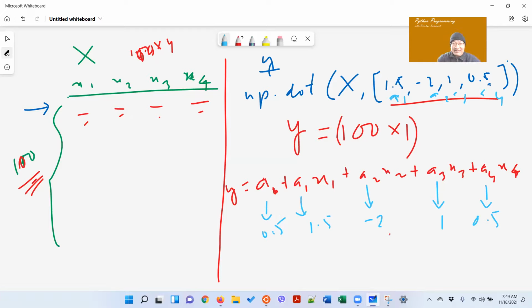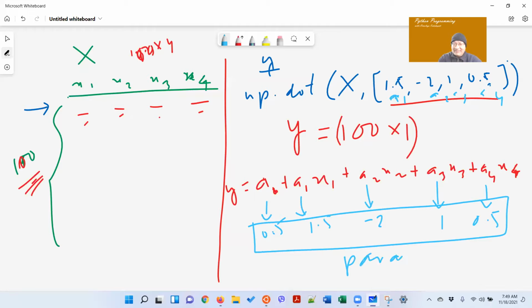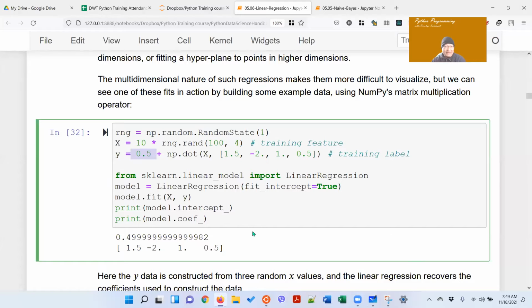हाम्रो मोडलले हामीलाई दिने यो हो नि, these are parameters। Now if you go back here and see, हामीले बनाएको डेटामा यो parameters छ, हामीले दिएको parameters 0.5, 1.5, -2, 1, 0.5। यो अनुसार हामीले डेटा बनाएका हौं। अब यसले चाहिँ यो डेटाबाट यो parameters फिगर आउट गर्नुपर्यो नि।